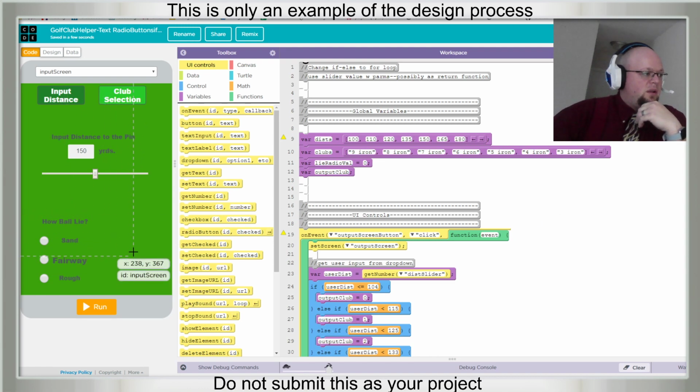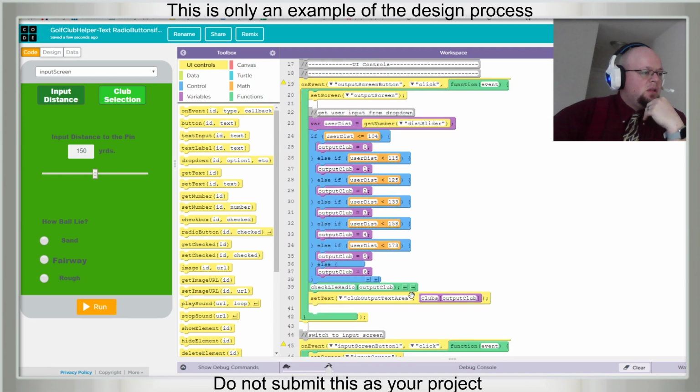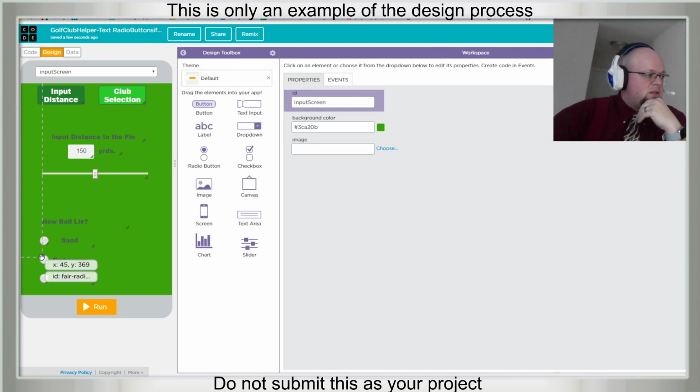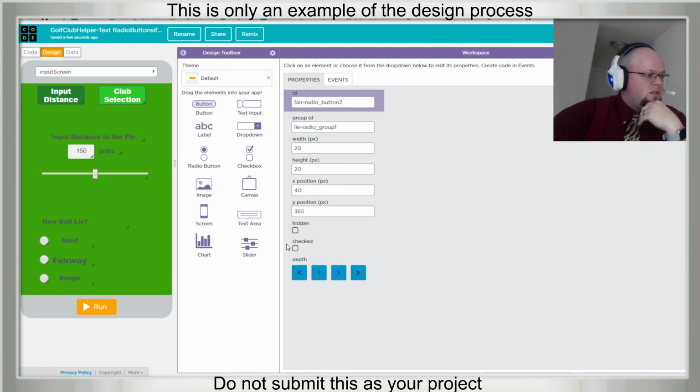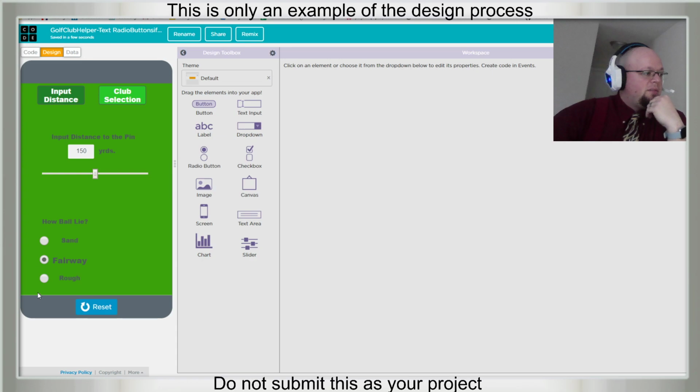We could have one for wind. In fact, we can do that, but I'd like to get into solving the adjustment for this first, and then we can do that. I also want this radio button to start out checked, because that looks sort of weird with having nothing checked.